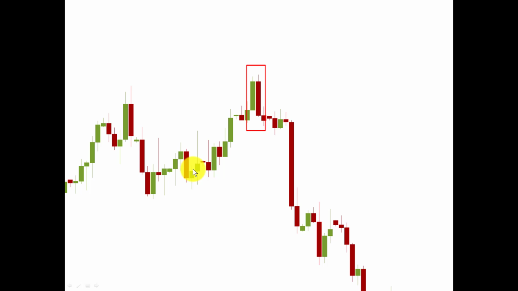Sometimes those traders who are very conservative in nature, like me, don't trade this bearish engulfing right away. What they do is that if there is a longer term downtrend, then they wait for the pullback, and at the immediate resistance they look for this type of signal. Only if it is in line with the longer term downtrend do they enter this trade, because that gives you a very small stop loss and a very large take profit target.